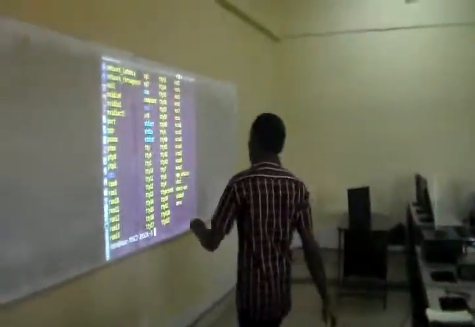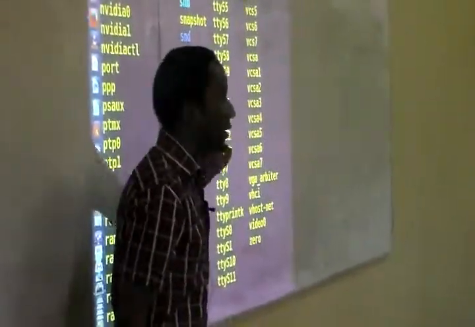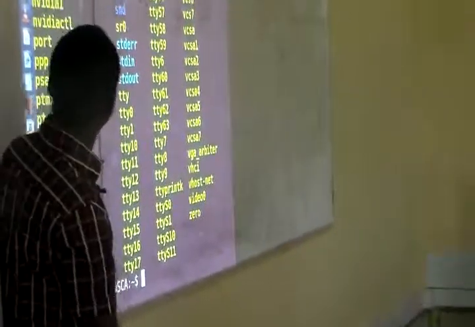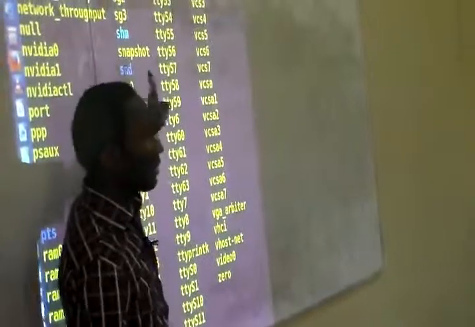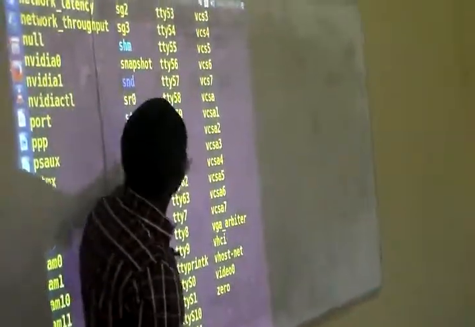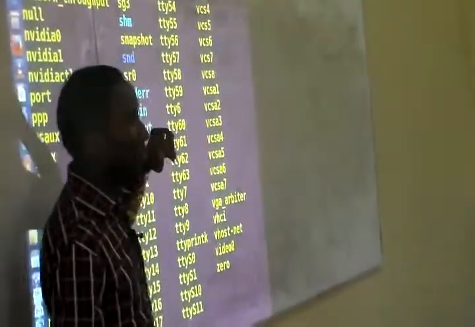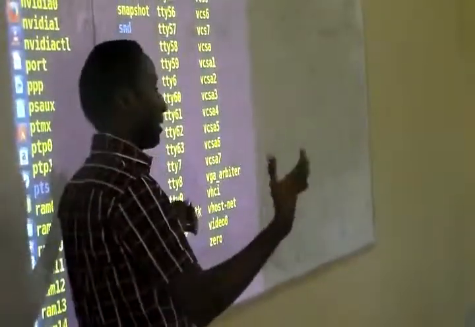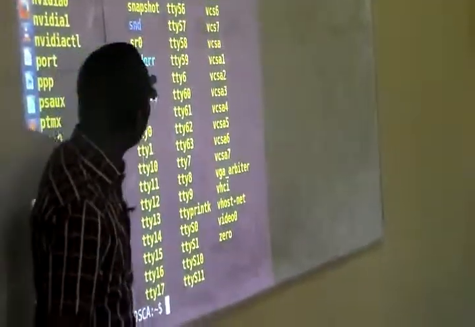So I can take something from one file and put it into another file. Let me repeat that. I can take something from maybe my sound card, or let me say, I can write something directly to my sound card. So you get to understand what this means later. But let's take a look at these three